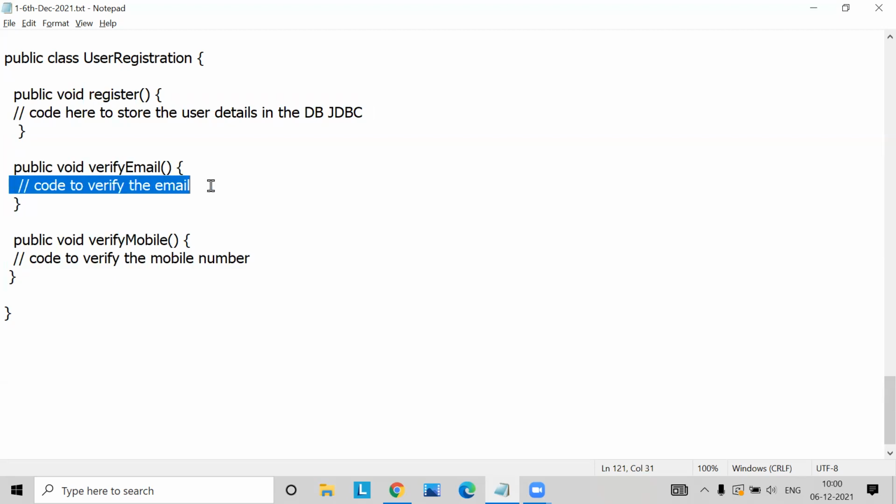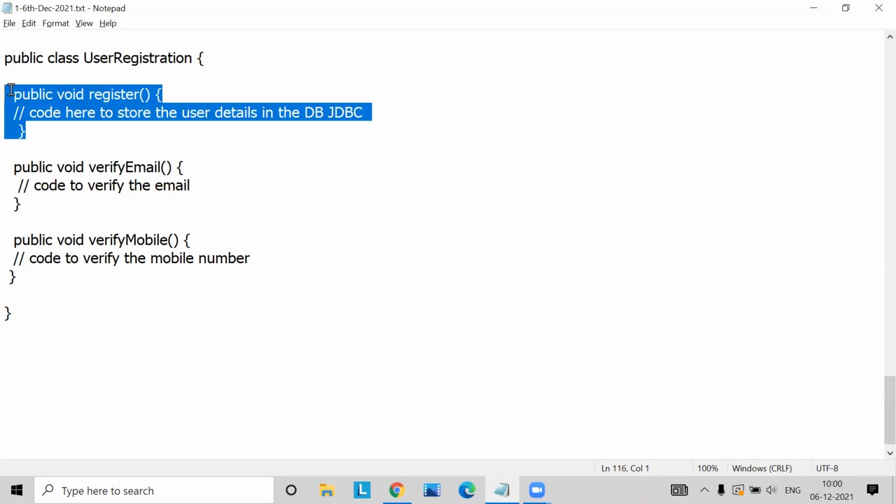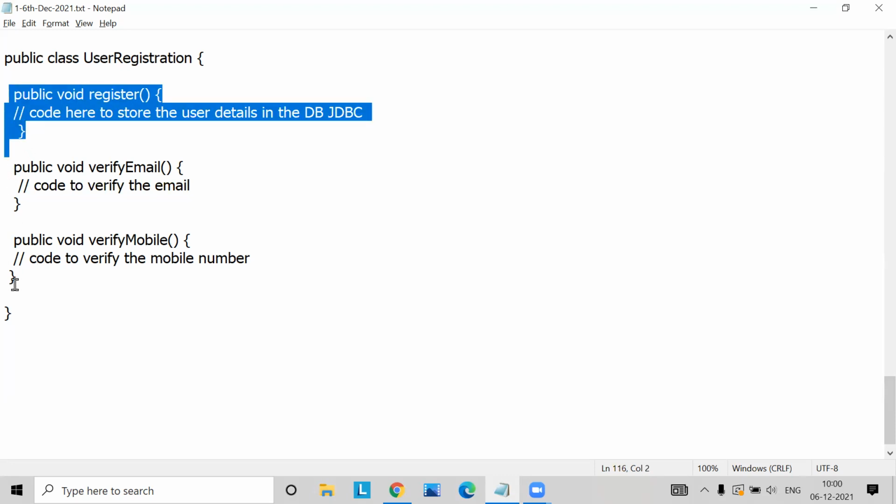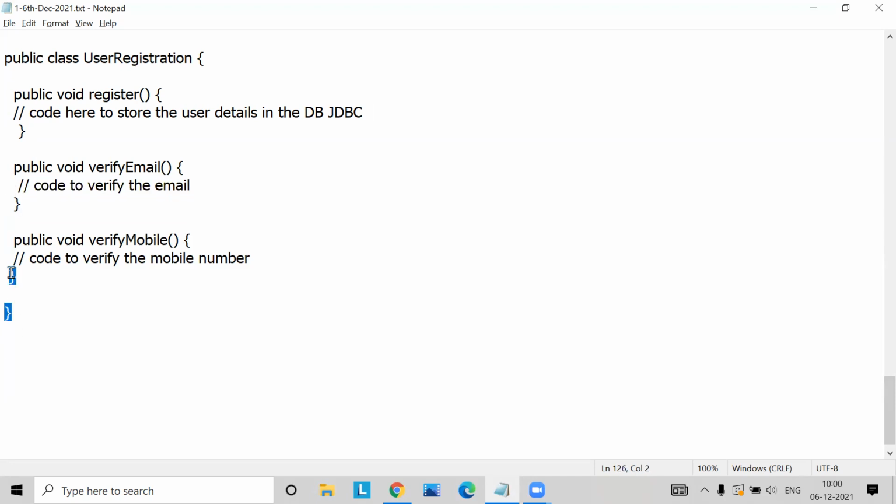Currently, this email verification has the code that is sending emails using an email server such as an SMTP server, such as Gmail, for example. Later, this email notification logic has to be changed to some other server such as Yahoo or something else, for example. Then what will happen? Even though you are changing this one, which is not at all related to this business logic, you have to change this one. So whether you require a change here, or whether you require a change here, the entire code